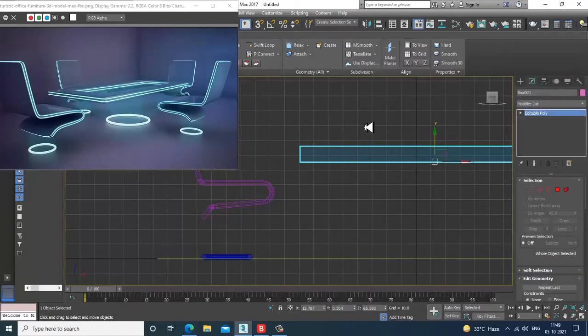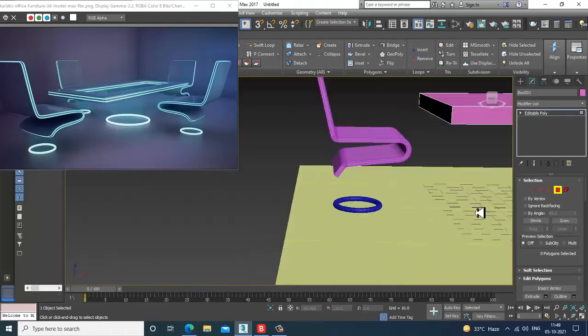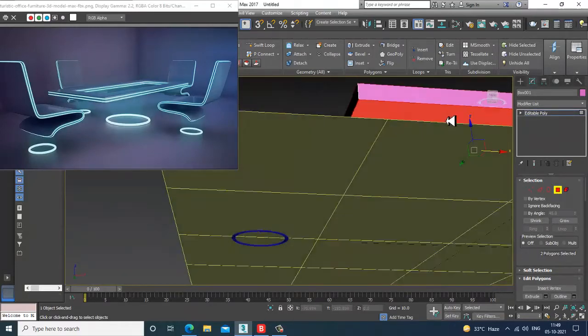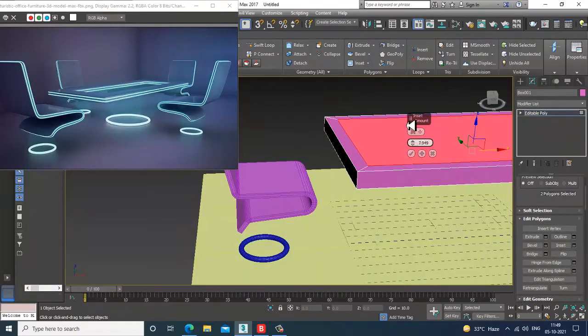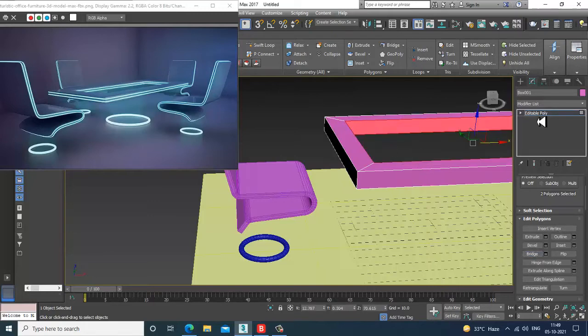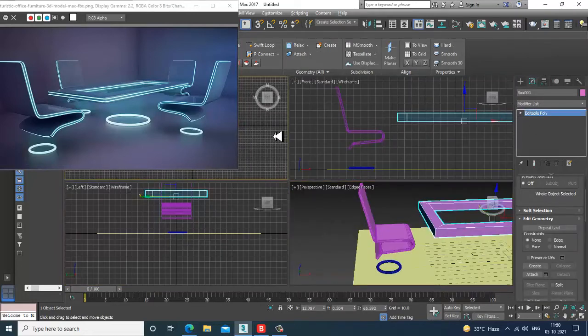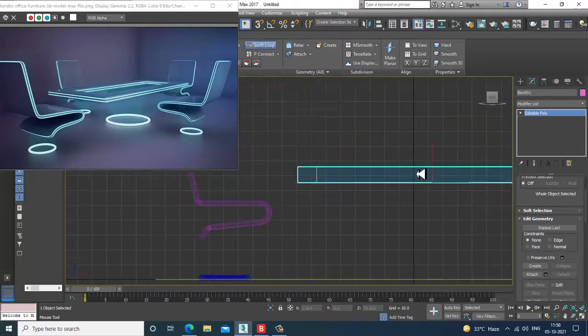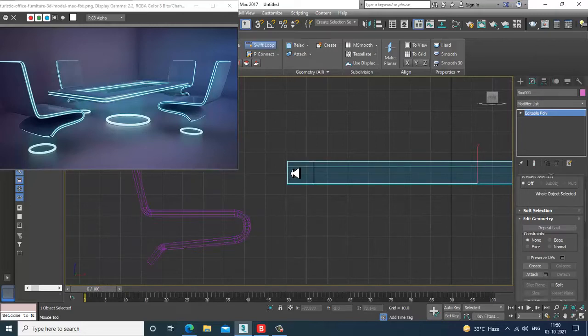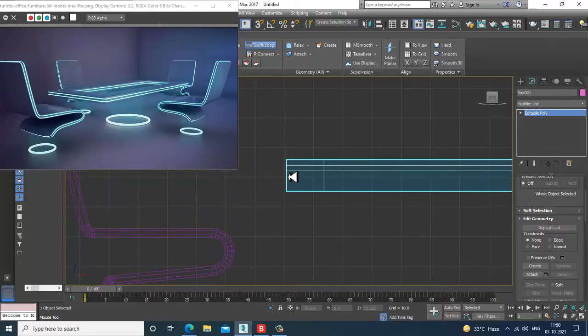Select these polygons and give a bit of inset like this, and let's bridge it. Let's use a swift loop over here, like this.